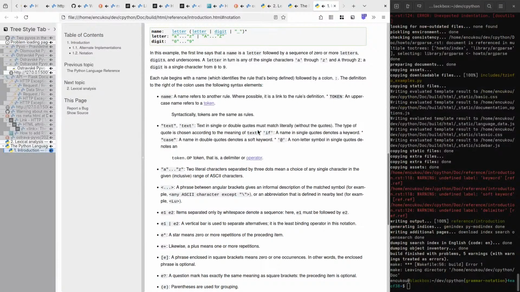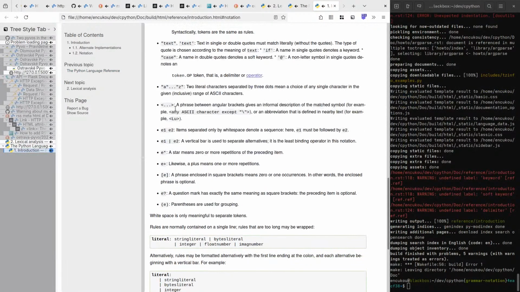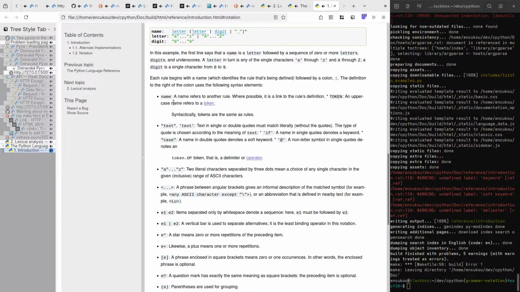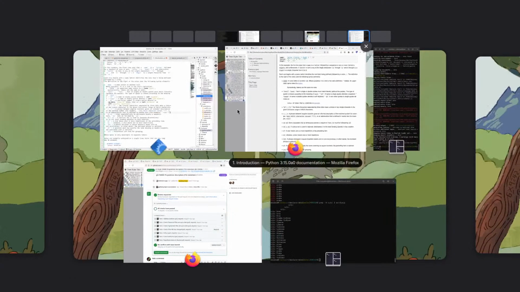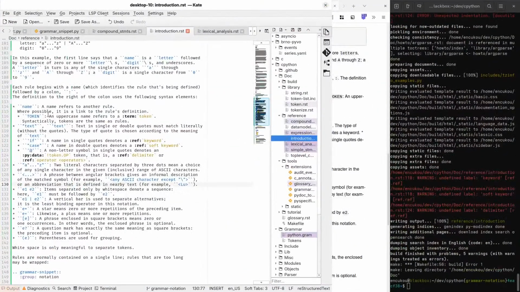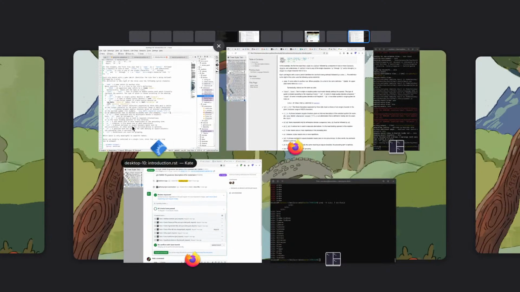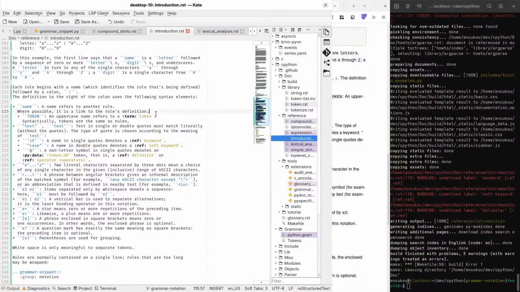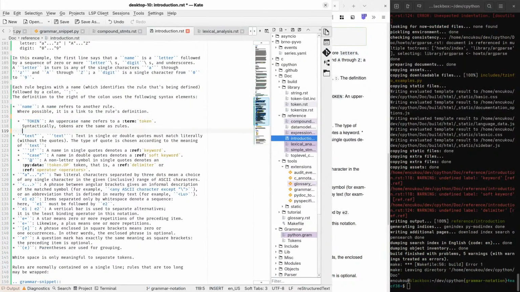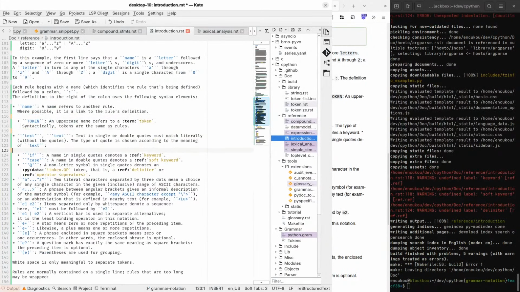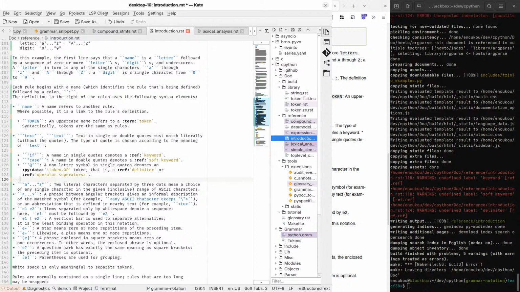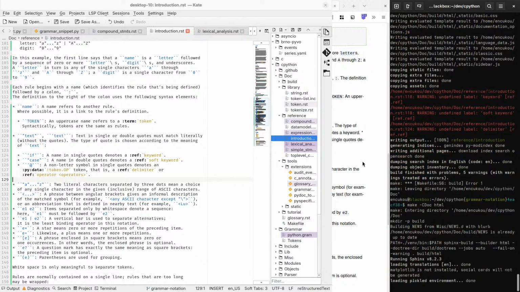Browser windows. Oh, this is a long list. Why is this? Oh, I guess we have sublists in here, so the formatting needs to be like this in reStructuredText.